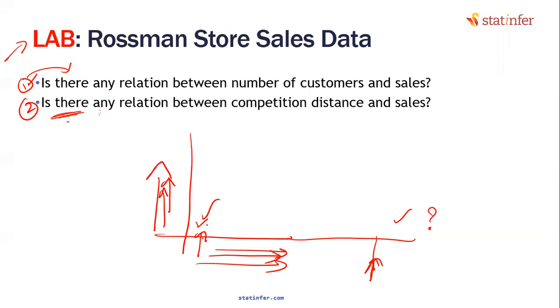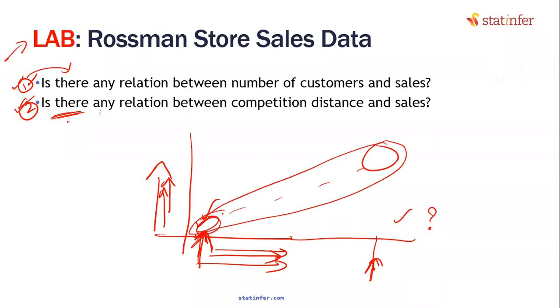Competitor is nearby, I think sales will be lower. Competitor is far away, sales will be higher. I think I am expecting a positive relation. It will not be negative. Competitor means somebody who is going to take away your sales, right? Maybe I am assuming sales will be lesser. But yes, these are all our own assumptions. At the end of the day, data will tell the story, isn't it?